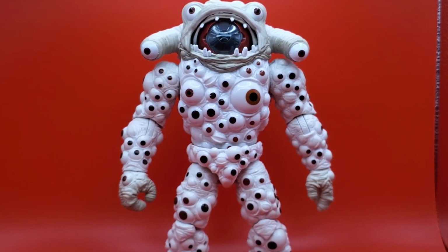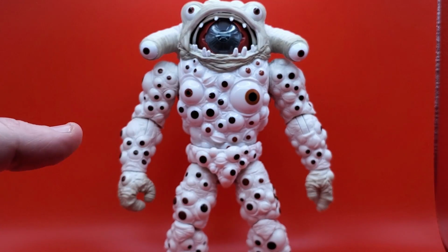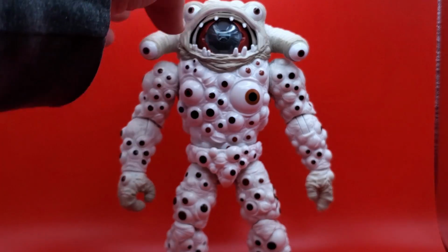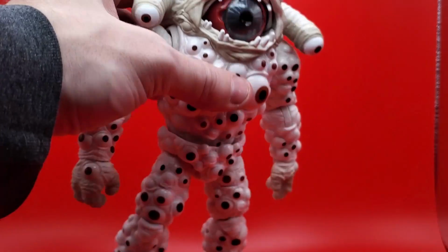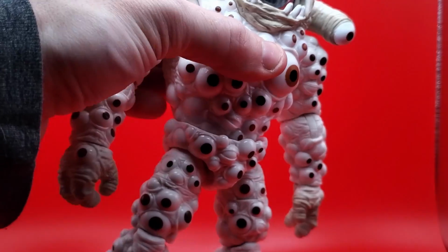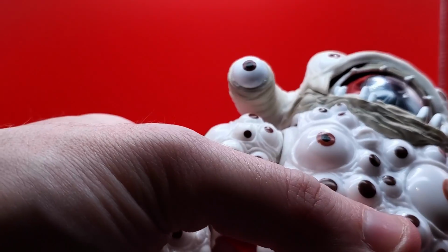Alright, and here we have Eye Guy out of the packaging. And as you can see, he's really white. Let's take a closer look at the deco on him. All the little brown eyes painted. Now there is a little...